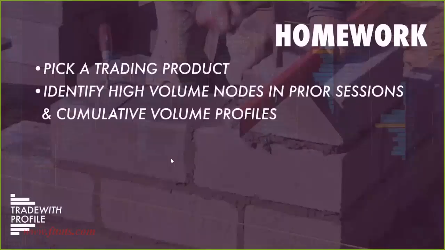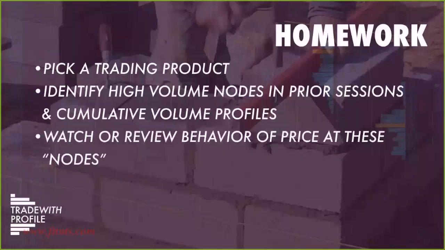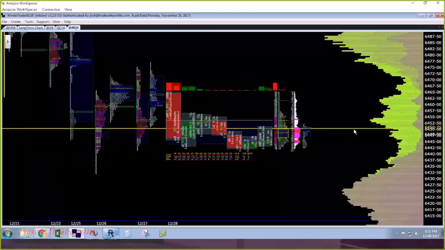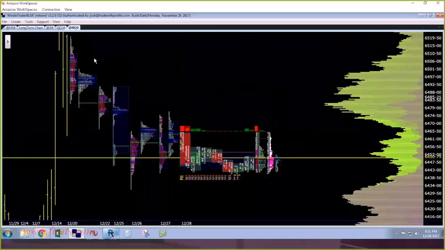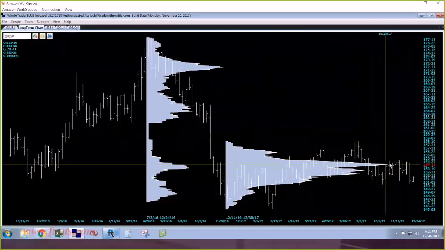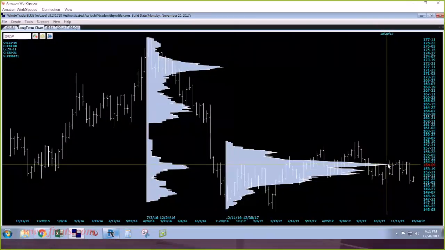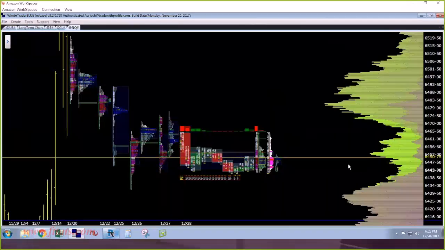You're going to identify high volume nodes in both prior sessions and cumulative volume profiles. And then you're going to watch and review the behavior of price at these nodes. This is key: how price behaves at these specific high volume nodes. When I'm talking about a high volume node, I look at a composite auction, or I look at this long term. If I come into these areas where there are high volume nodes or low volume nodes, it's very insightful what price does around these,